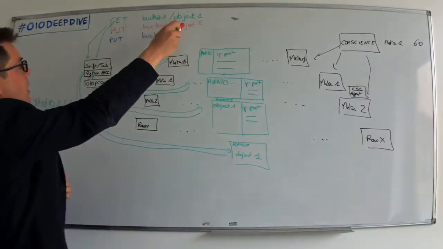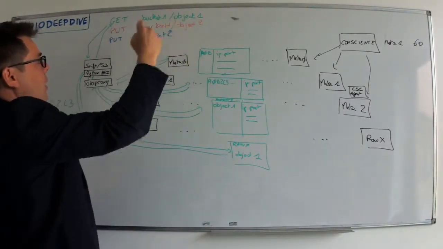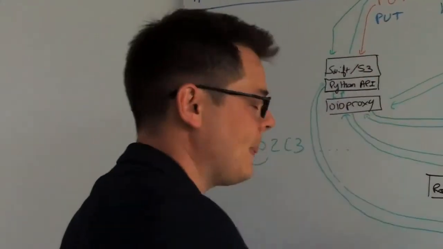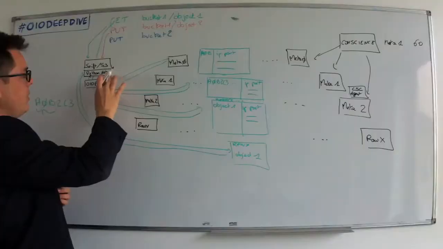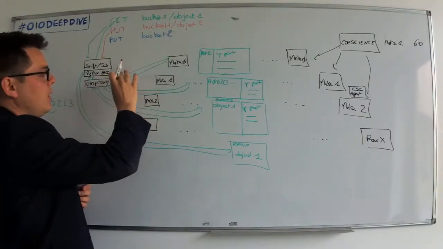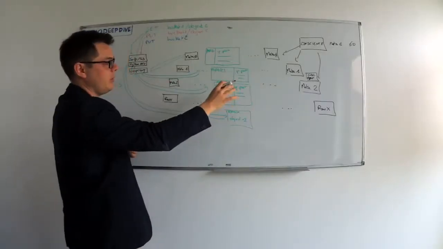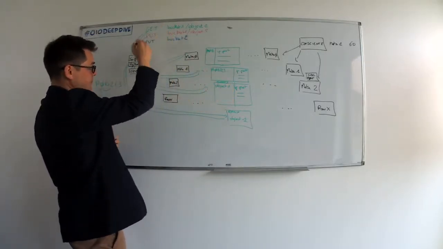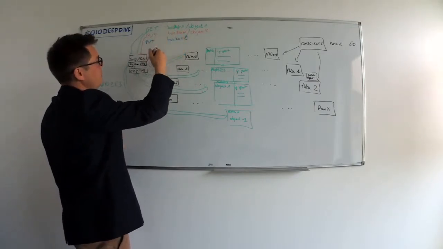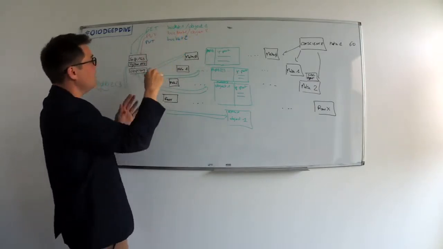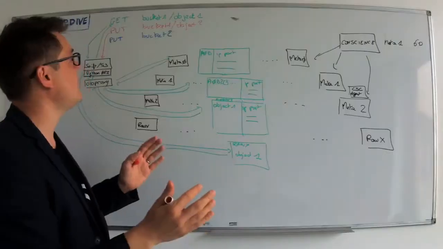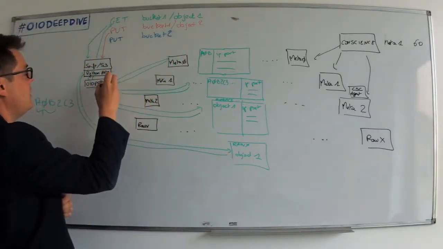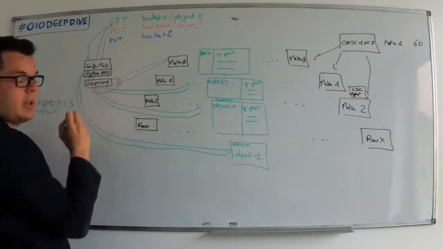So let's go again. I want to put a new object in the bucket 1. So this is this request using S3. I didn't mention it first, but the proxy is not only to resolve our table of indirection, it is also a cache for this table of indirection. So if I want to put a new object in the bucket 1, just after reading the object 1, if I want to put a new object in the same bucket, the information here will be cached.